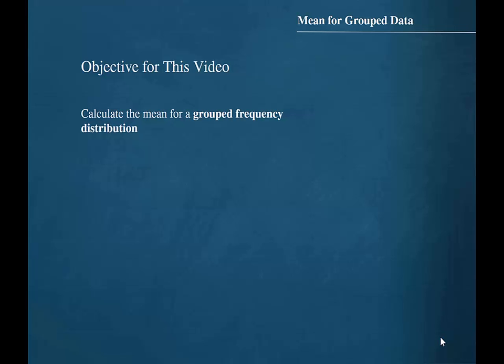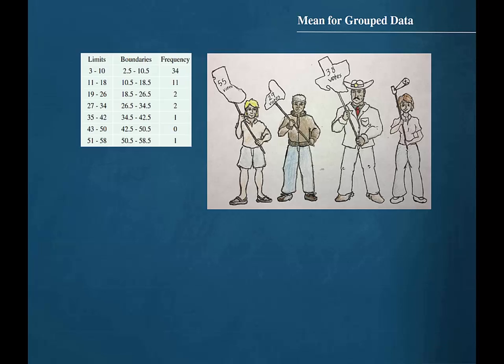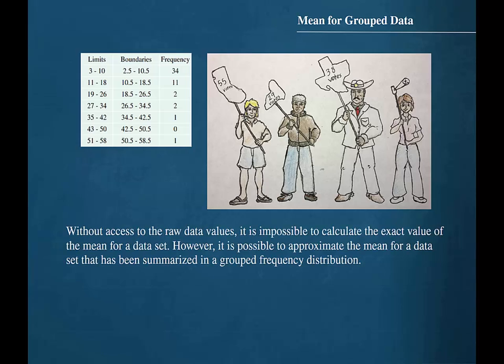The objective for this video is to calculate the mean for a grouped frequency distribution. In a previous video, we used the data for the number of electoral votes for each of the United States to construct a grouped frequency distribution. Without access to the raw data values, it is impossible to calculate the exact value of the mean for a data set. However, it is possible to approximate the mean for a data set that has been summarized in a